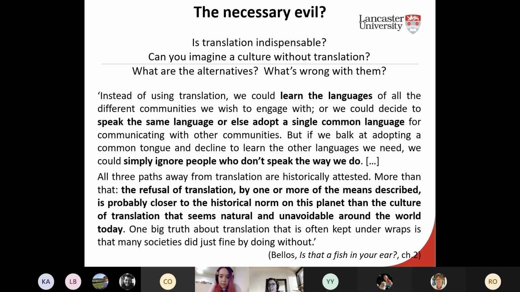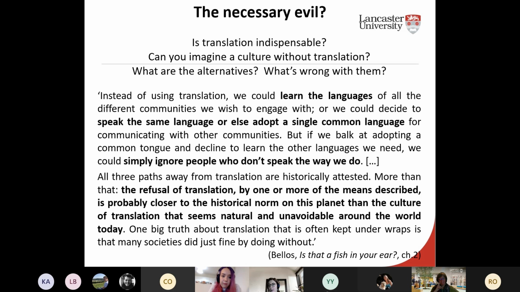Translation is often perceived as a necessary evil. And some people have asked themselves, is translation really indispensable? Can you imagine a culture without translation? What would be the alternatives and what might be wrong with them? David Bellos, in a book called Is That a Fish in Your Ear, which I really recommend if you're interested in translation,